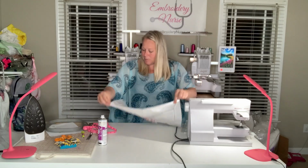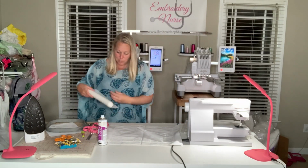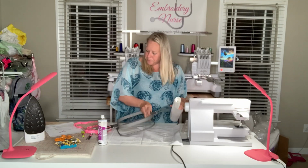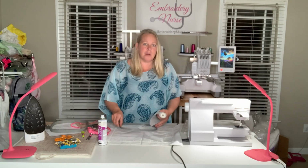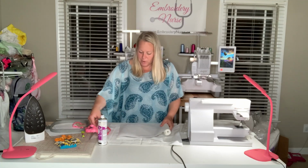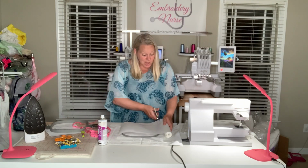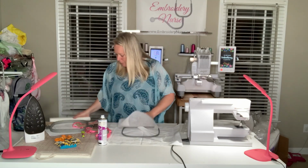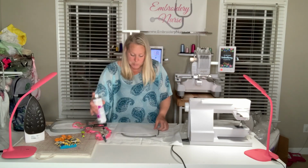And now I'm simply going to cut a piece of tearaway. I use tearaway on them. I've done both, but because of the way it looks when it's done, I really don't want to be able to see anything. Linen's very see-through, and these monograms stitched out very well with the tearaway. So I cut a piece of tearaway the size of my frame. I do a little bit of spray adhesive,